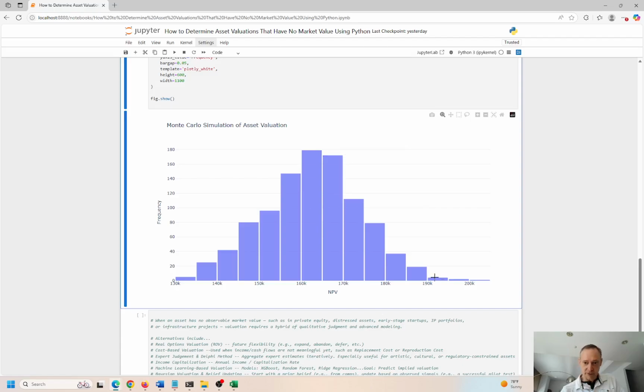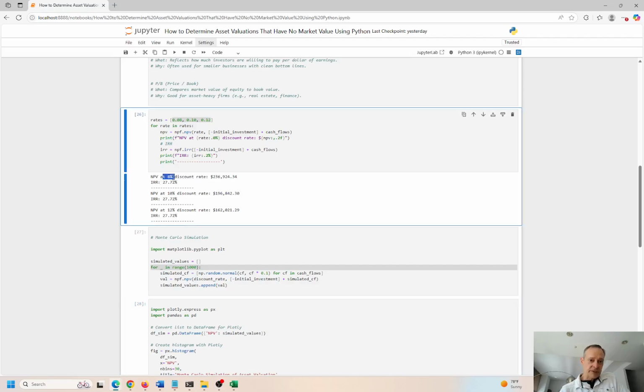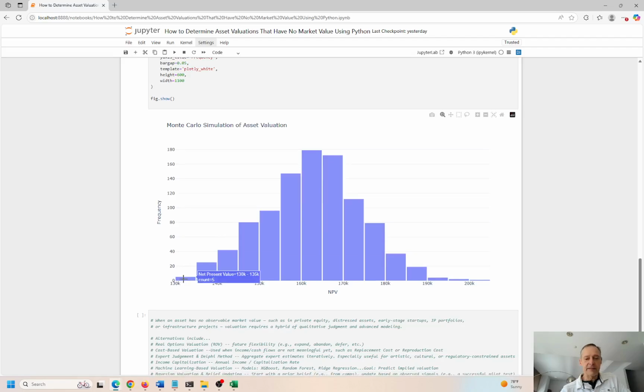So if the interest rate is very low, remember, NPV is going to be high. If the interest rate is high, the NPV is going to be low. We saw that over here, right? So low interest rate, high NPV, high interest rate, low NPV, right? So we see the different scenarios. And the lowest NPV we get in this case with 1,000 scenarios is 130K, and the highest we get, so this would be the best case scenario, we just get 1. More likely it would probably be like around here, but this would actually be the most likely, right? It's kind of a normal distribution, bell-shaped curve. We know after 1,000 scenarios, the property is probably worth about 160K to 170K.